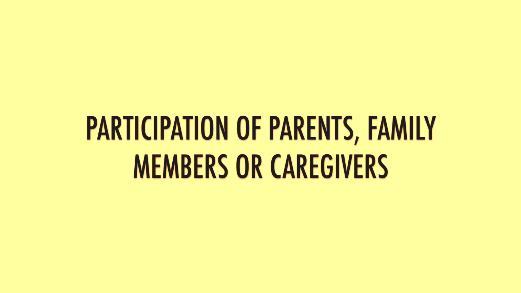Moving to the next principle, and that is participation of parents or family members or caregivers. Never ever is rehabilitation possible by one person alone. Whenever you do your rehab process in collaboration, you will see faster and better results. Your physiotherapist, your parent, or your caregiver are the key members of the team. Whenever they are working together in coordination with each other, the goals are always going to be better. With the involvement of parents and caregivers, there is a better chance of obtaining near normal control of our body,